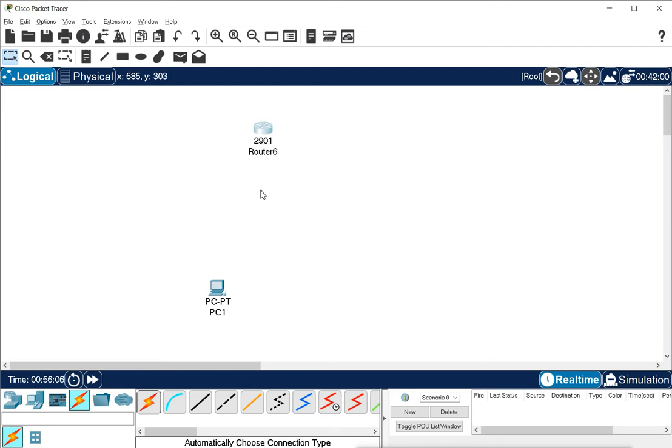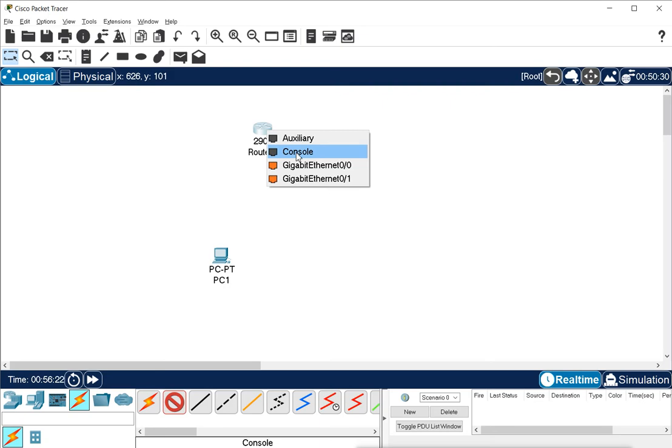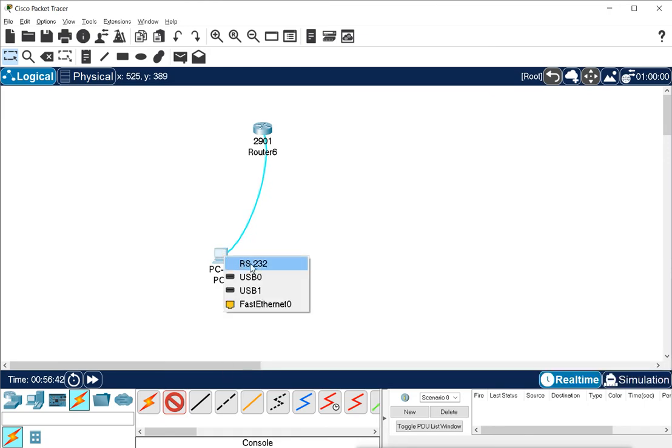You will take the router. In the router you have a console port, so you will put your desktop or laptop machine there, and then you will use the console cable and connect it on the router's console port. You can do this from the auxiliary port also, both auxiliary port and console port work, but the console port is the main port. So you select this, and then you connect the other end to your PC's serial port, which is the 9-pin serial port.